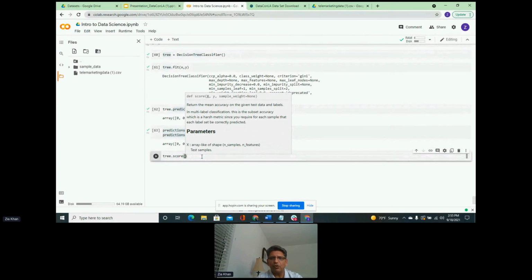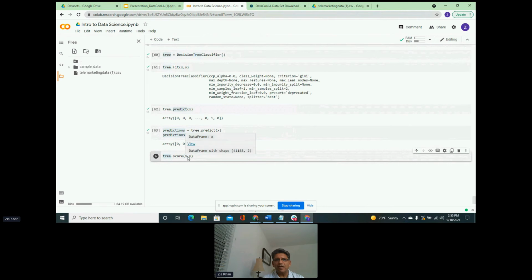And in the score, I am going to just pass the x values and the true values. The reason I am going to pass the x values is because it will automatically make these predictions on x and compare them with the y. And once it compares them with y, it will give us the result back.